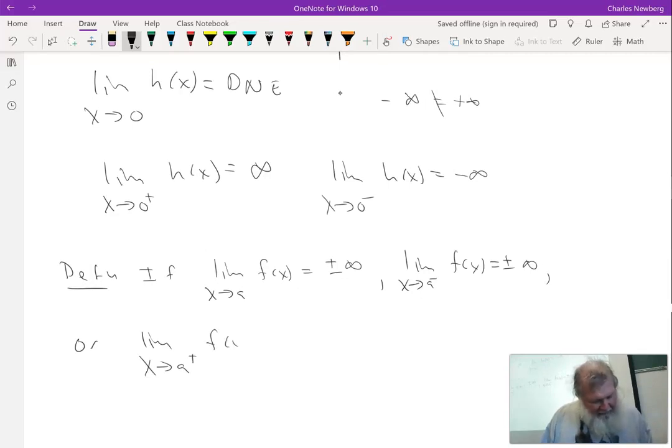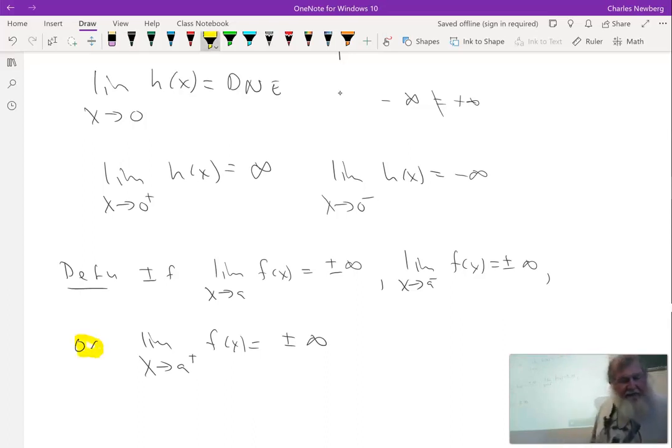So if any one of these limits happen, and the key word there is or, they may not all happen, but if any of these conditions happen, one of them is infinity or minus infinity, or any combination of them,